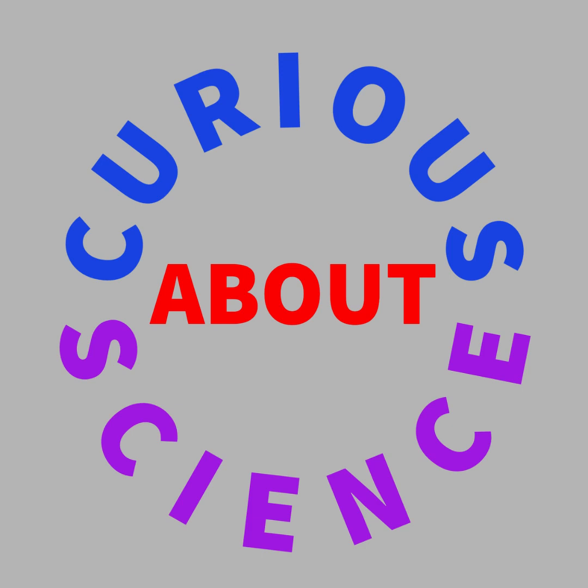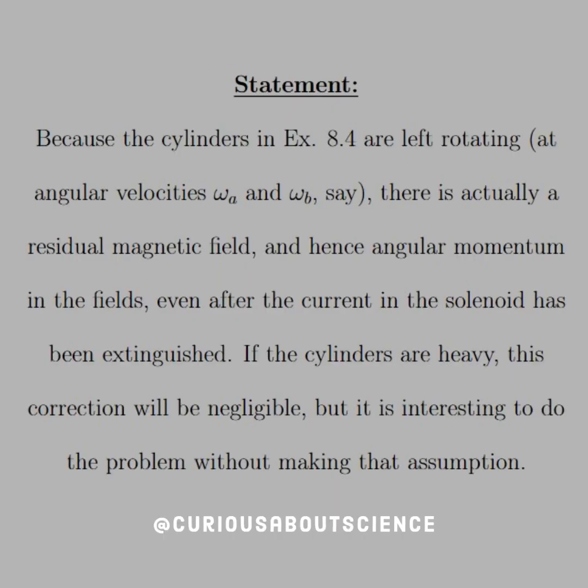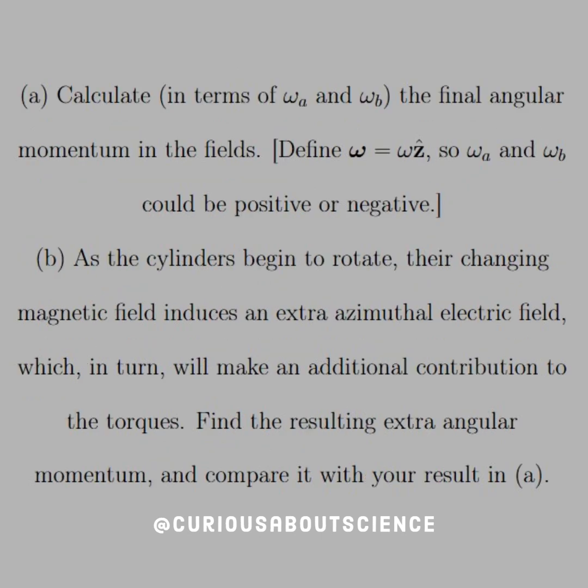Alright, back with another familiar setup. Because the cylinders in example 8.4 are left rotating at angular velocities omega A and omega B, say, there's actually a residual magnetic field and hence angular momentum in the fields, even after the current in the solenoid has been extinguished. If the cylinders are heavy, this correction will be negligible, but it is interesting to do the problem without making that assumption. Alright? So, A, calculate in terms of omega A and omega B the final angular momentum in